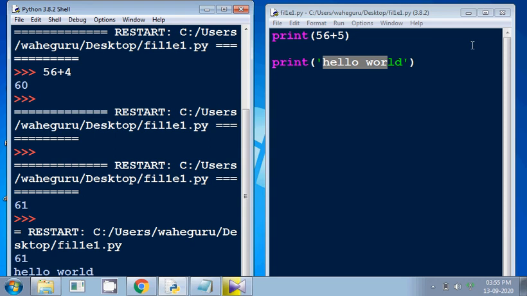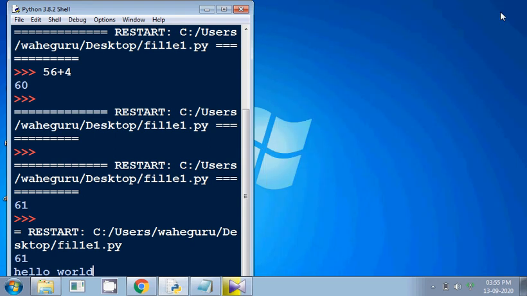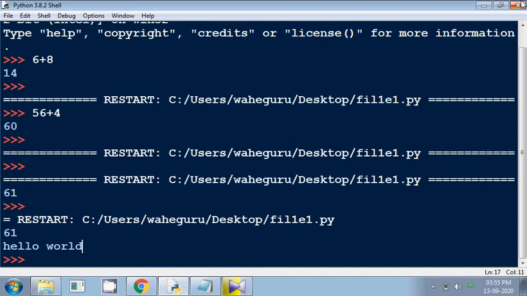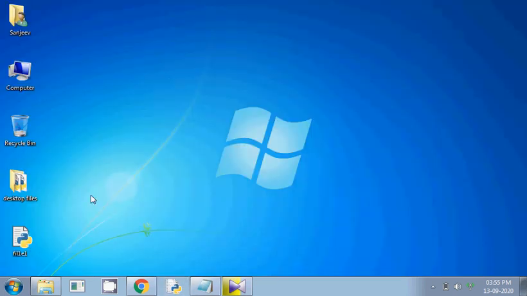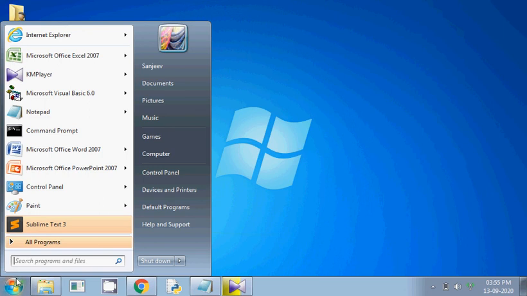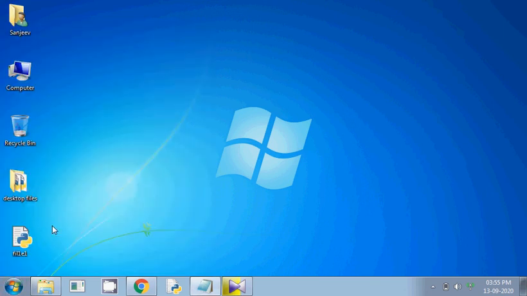Let's close these files because we'll be using Sublime Text from now. Sublime Text can be seen over here. I've clicked on Sublime Text and it's getting loaded.